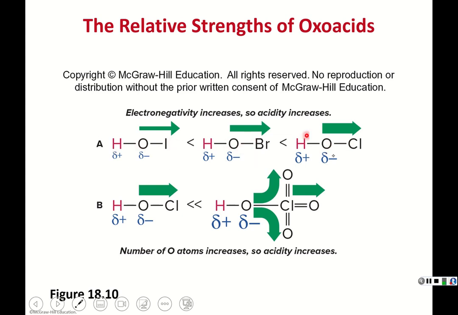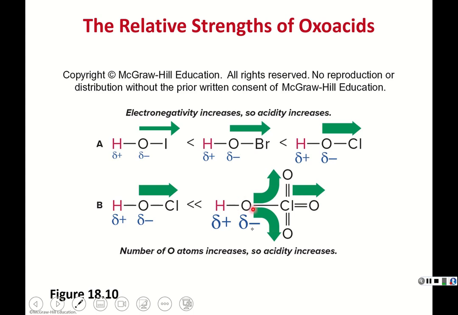As the electronegativity increases, from iodine to bromine to chlorine, as we go up that column towards the top, you can see that the difference in these deltas gets bigger, which means there's more electron density being pulled by the more electronegative chlorine, which makes this more like a proton and easier to lose, and more acidic. And then comparing a chlorine oxoacid with one oxygen to one with 4 oxygens,